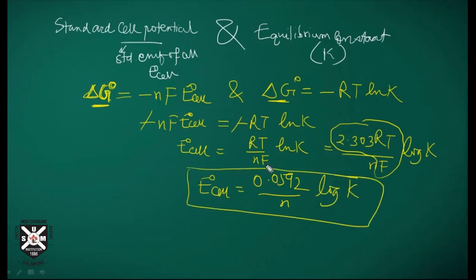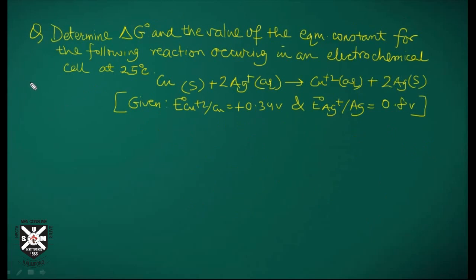So this is the relationship between standard cell potential or standard EMF of cell and equilibrium constant K. Let us solve this question. This was in the 2016 higher secondary examination. Determine delta G naught, the standard free energy change, and the value of the equilibrium constant for the following reaction occurring in an electrochemical cell at